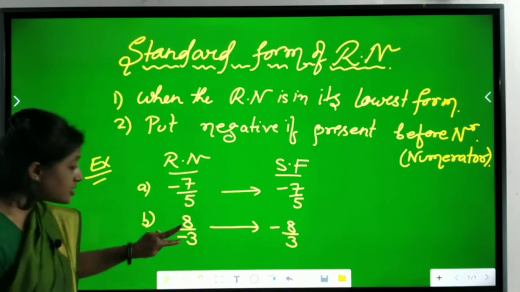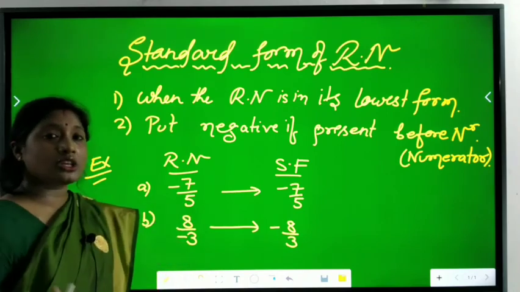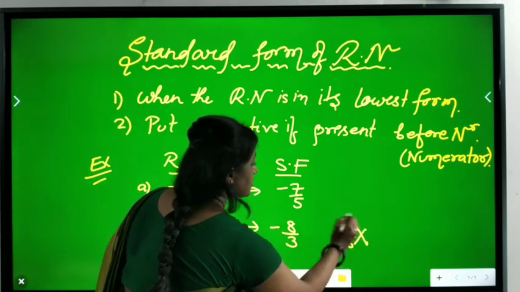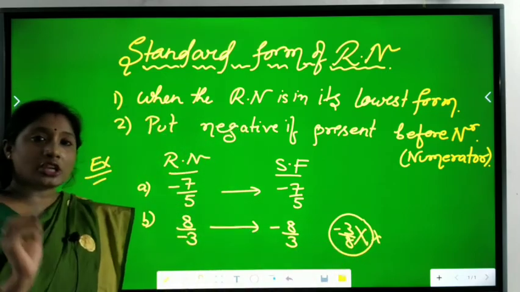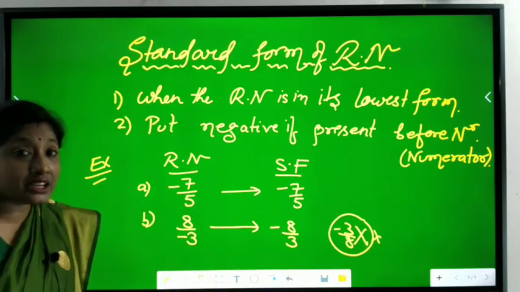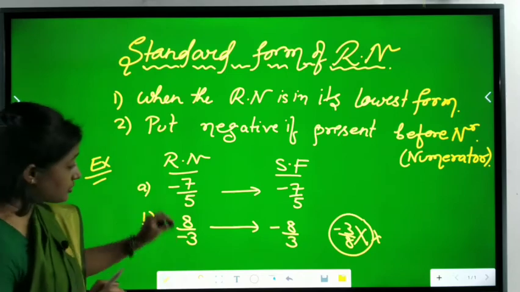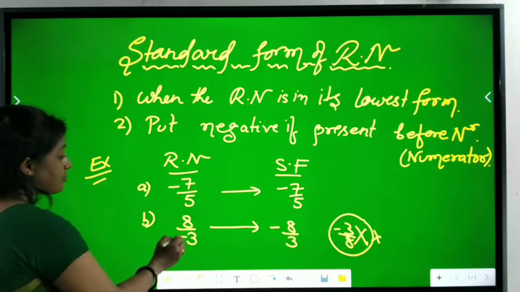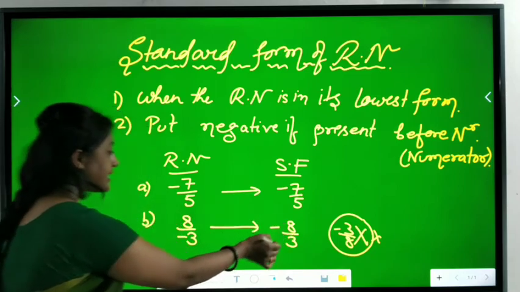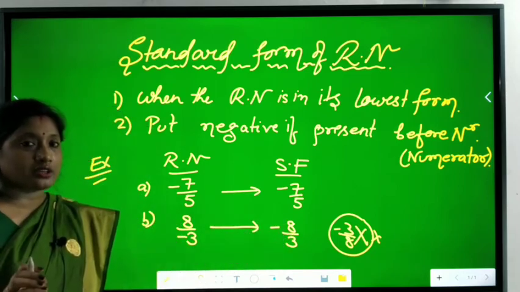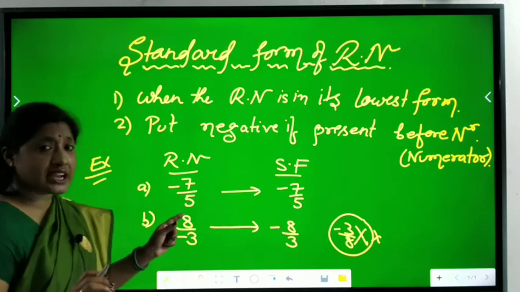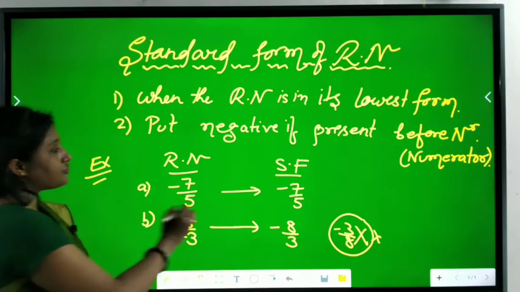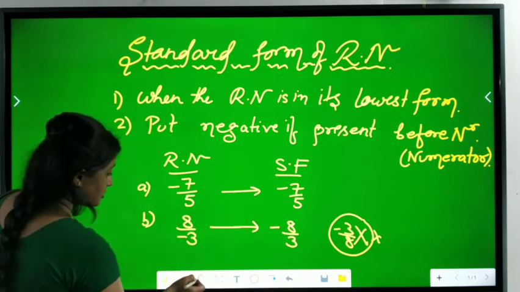You don't have to change this denominator. Minus 3 by 8? No, minus 3 by 8, we cannot change this. This is not the standard form. We have to change only the sign, that is negative sign, which is minus, we have to change it. We have to replace it in the numerator, not the digit. Okay. 8 by minus 3 and minus 8 by 3 both are equivalent. So change of sign doesn't affect the rational number. Both are equal.